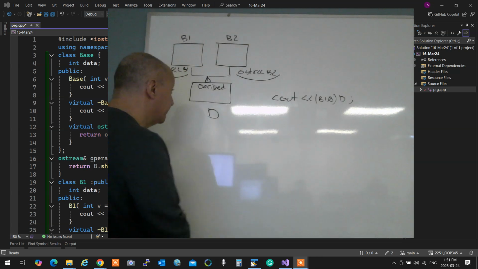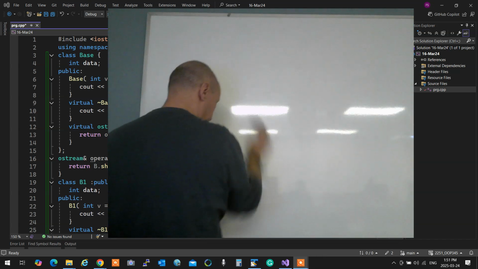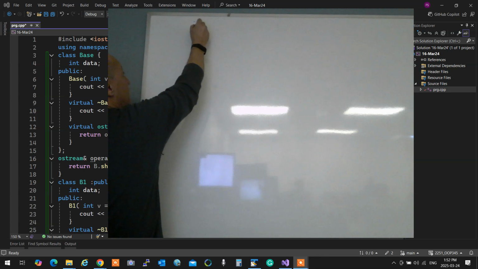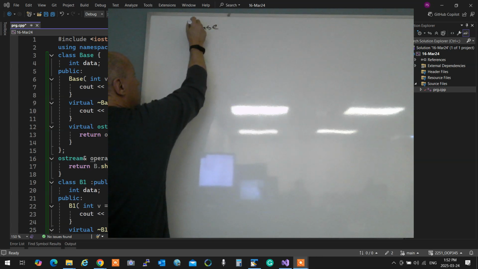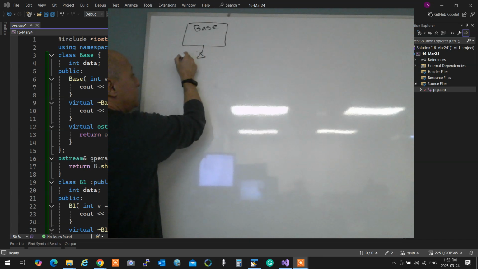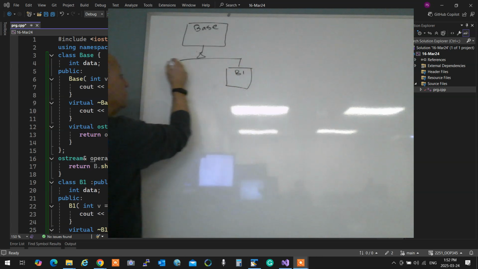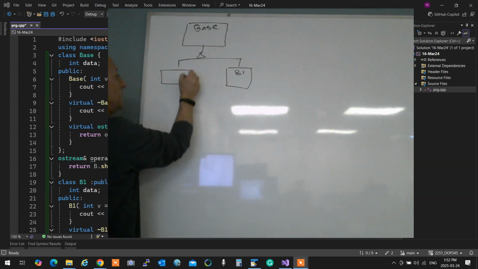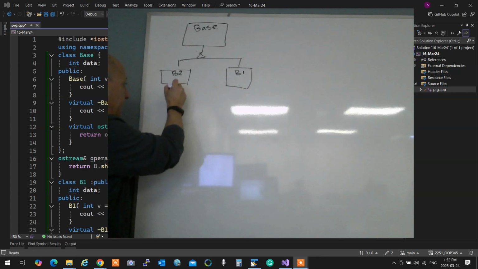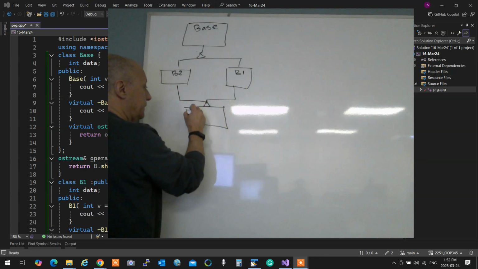Take a look. I have a base. Now out of base, I inherit two different classes, B1 and B2. Okay? And then, out of these two, I inherit another one that is derived.